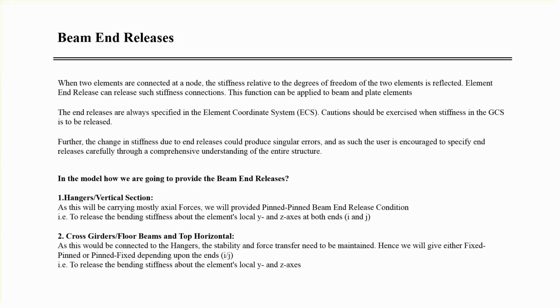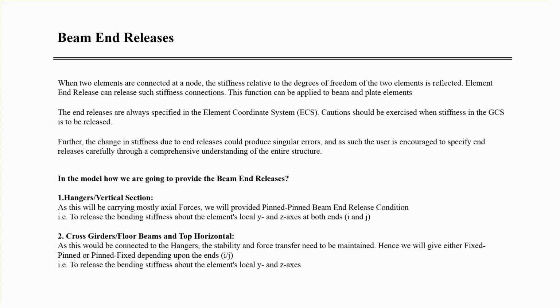Now I and J, due to the previous session you must know this, I end is my start end, J end is my end node. Start node and end node means if you have a first node and a second node, and you are drawing an element from the first node to the second node, then 1 would be our I node and 2 would be our J node. So I and J is the software terminology. You have used it in the case of the tapered beam, so you can compare that.